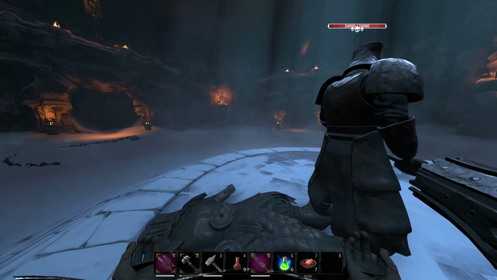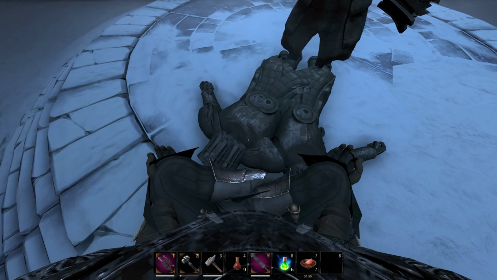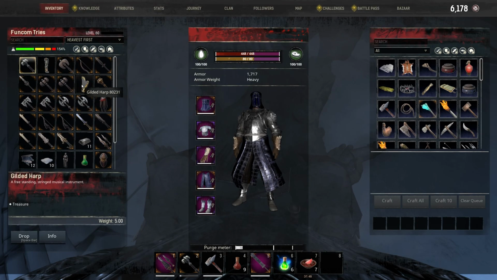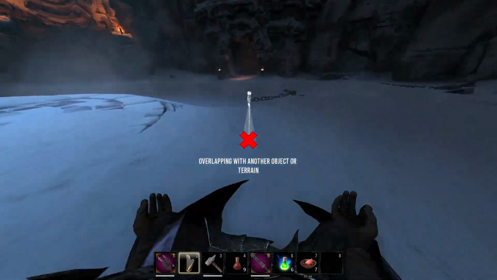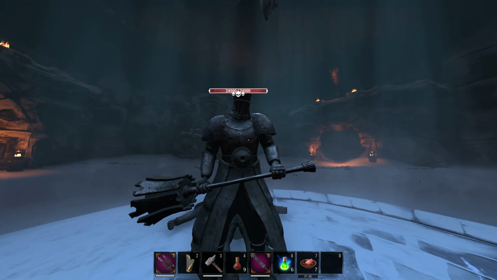What is that? He drops treasure. He dropped a little magical harp. Holy moly. Huh. I guess you had that up your